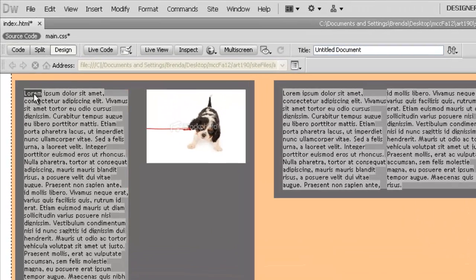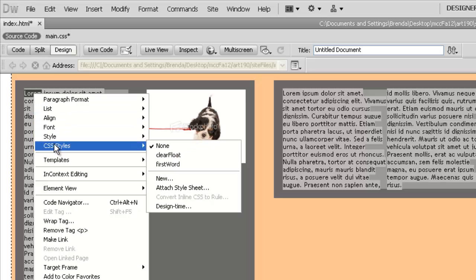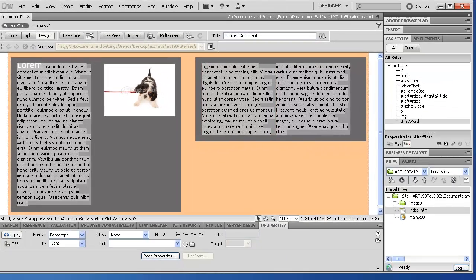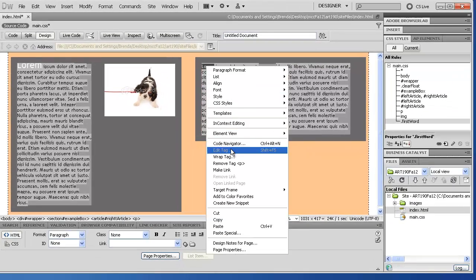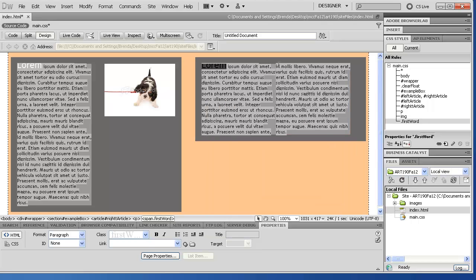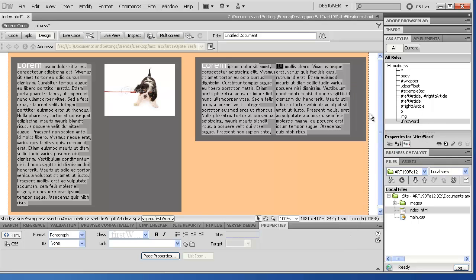I'm going to select the thing that I want to apply the class to. In this case it's the word. I'm going to right click, go to CSS Styles in my drop down menu and choose first word. And there you go. I just applied it. We'll go over here to this first word, right click, CSS Styles, first word, and the same for the next one. If I save all and preview,